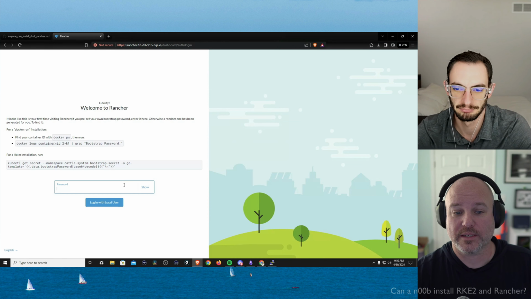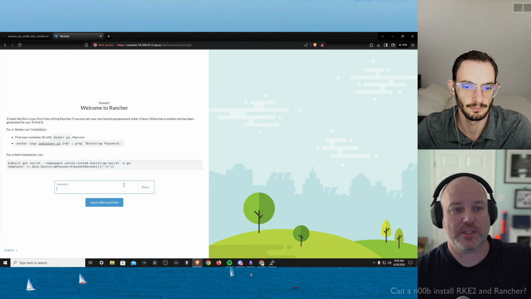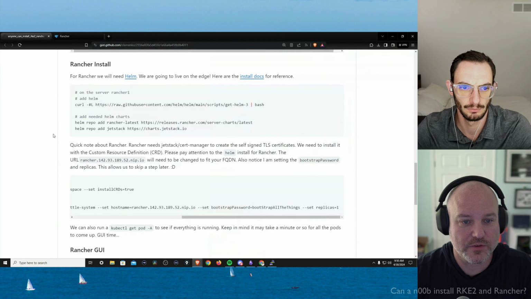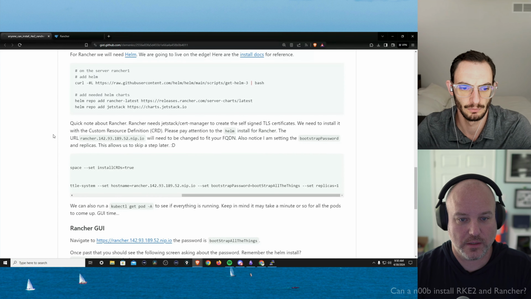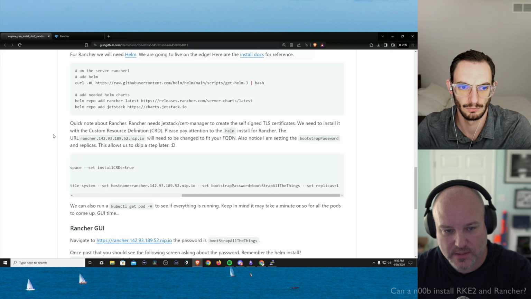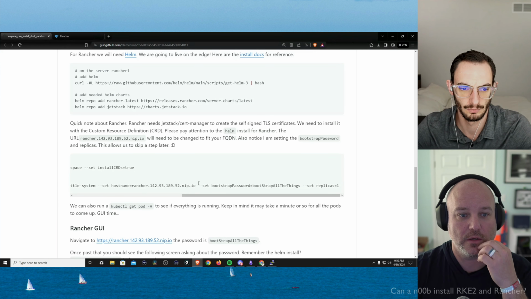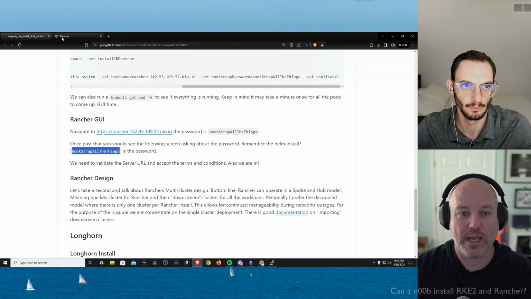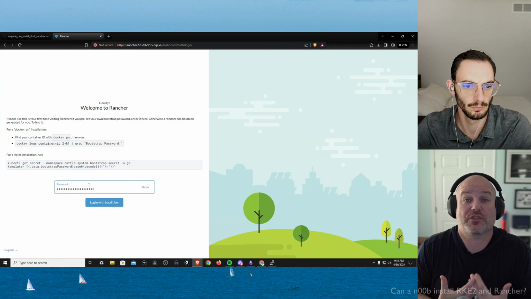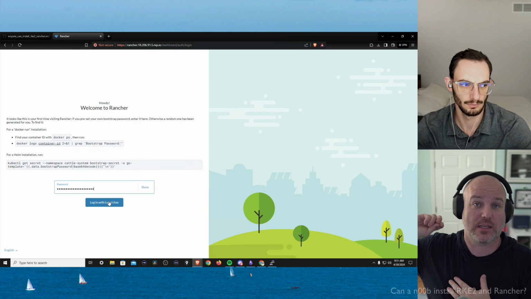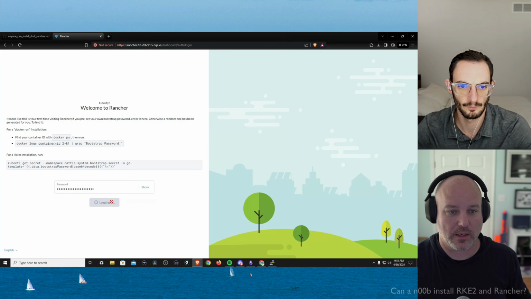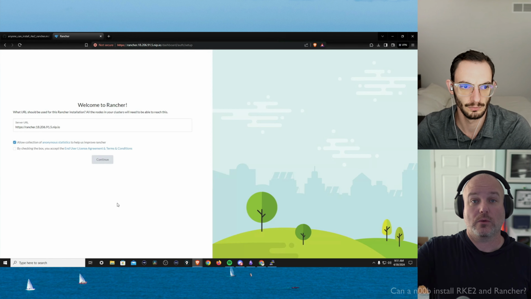Now, why don't you go back to that first tab, because hopefully it was clear. Did I put the instructions in? Yes, I did. Awesome. So obviously the IP is different in the navigate section. So scroll down. We've installed. But see, it says the password is bootstrap all the things. So go ahead and copy that word. And that Helm instructions, like you told your assistant, go use this credit card. This is how I want to get in. Same kind of thing. So this is a bootstrap password. Go ahead and hit login. Okay, cool. It liked the password.